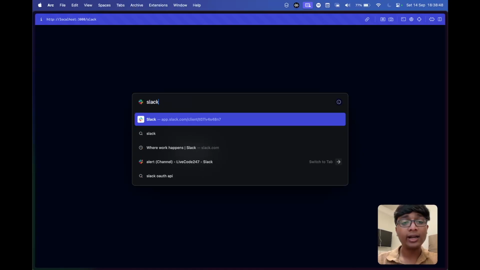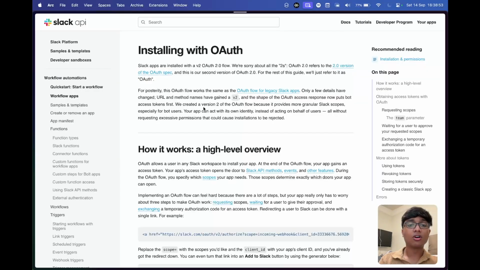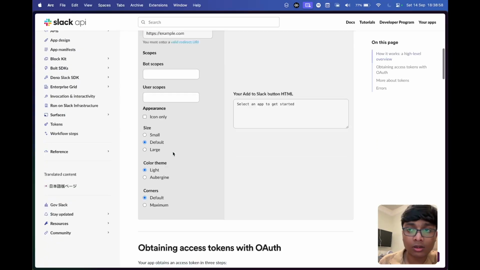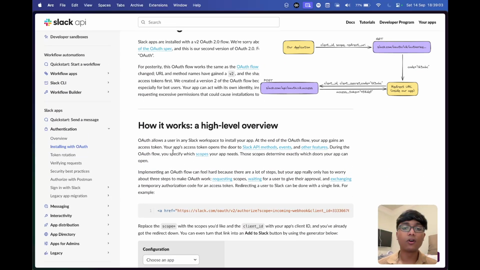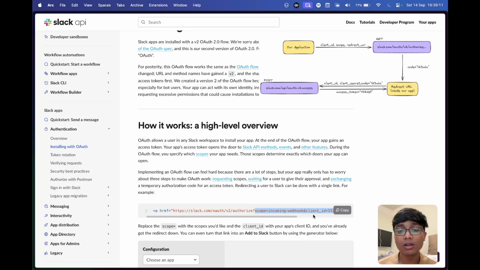Now just to give you an idea of how this works, let's go to install with auth inside the Slack API documentation. So this is long documentation here, you can read through this. Basically how it works is, first of all, you call an authorize URL. Now this authorize URL, you send in the scopes which you want. The scopes basically mean that the token which this returns back, when you use that token, you can access certain parts of the API. For example, if you pass in a scope like chat